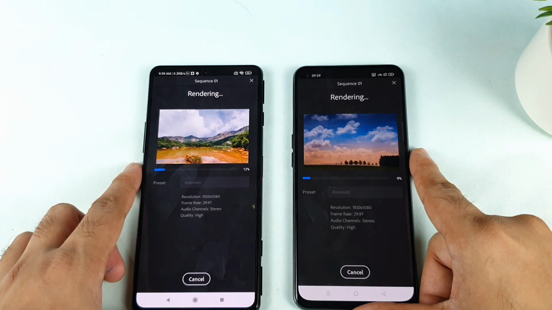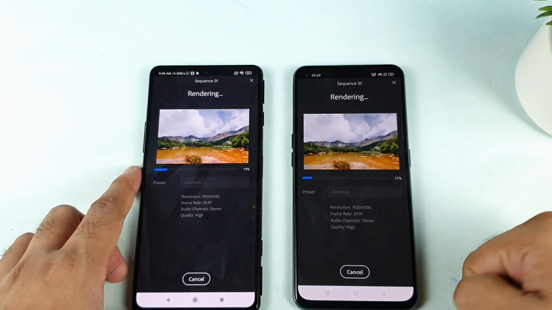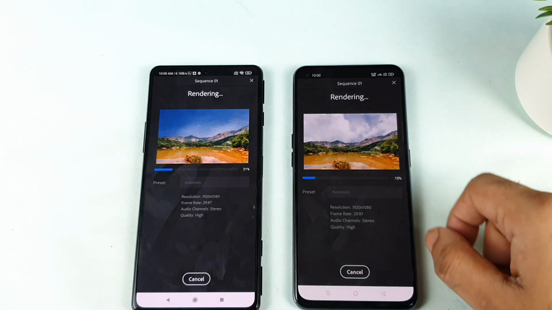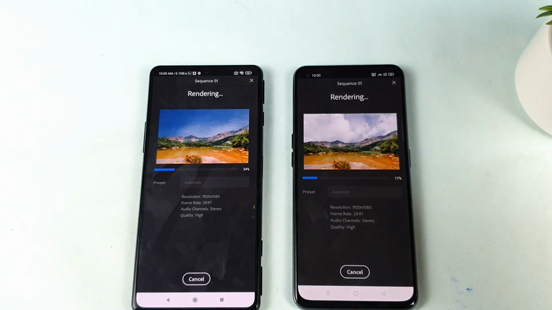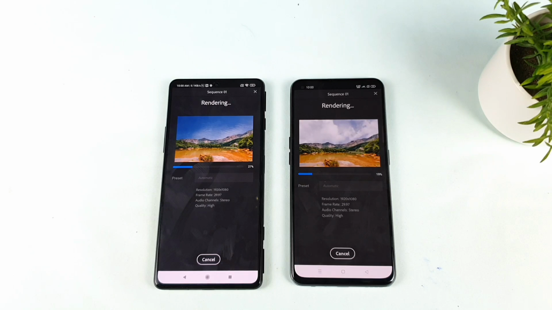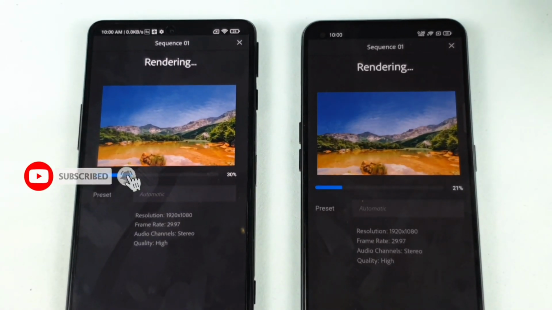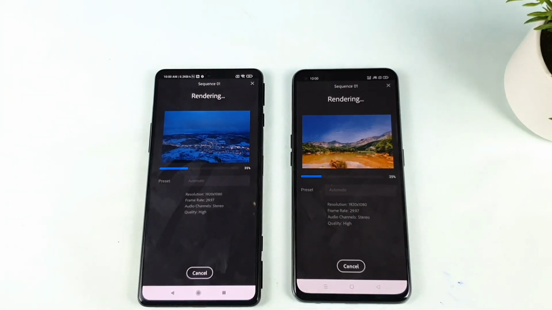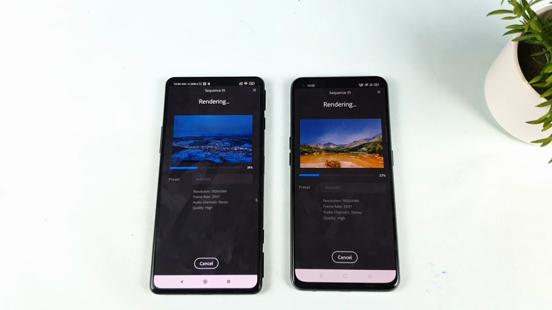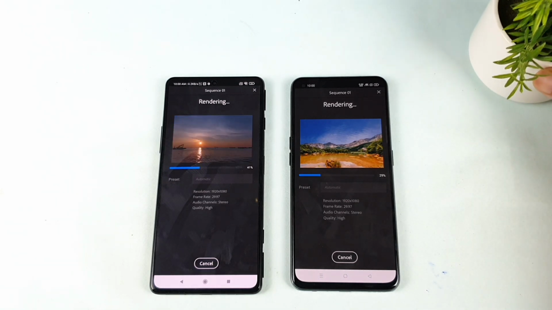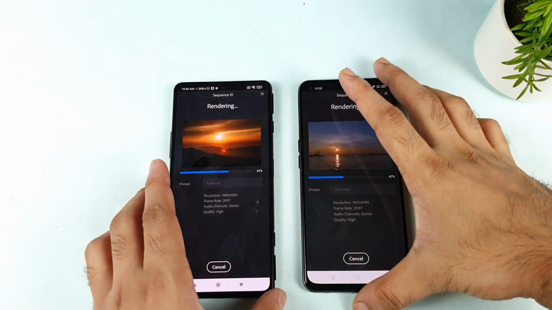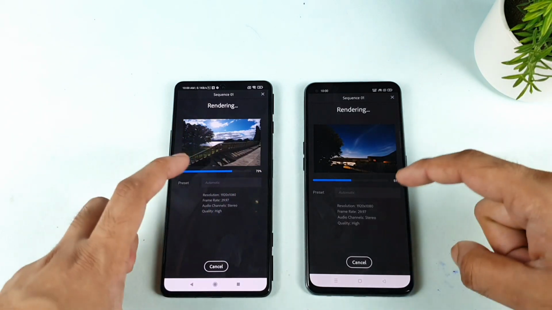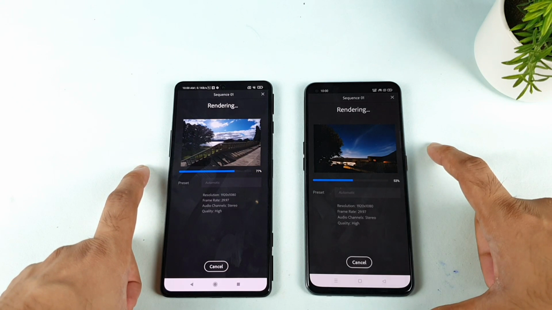If this is the case, I'll try to use the high performance mode in the Realme X1 Max and then test it again. Let's see what happens with the high performance mode. With the normal mode, without any enhancement, these are the default results we are getting right now. You can clearly see the Poco F3 GT has a slight advantage. In terms of rendering speed, you can see how much faster the Poco F3 GT is. Without adding any kind of enhancement, the speeds are 68, 69, 70% versus 50% in this Realme X1 Max. So close to 25% difference is there between both phones.